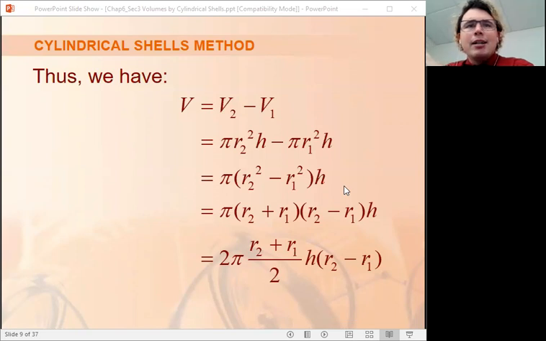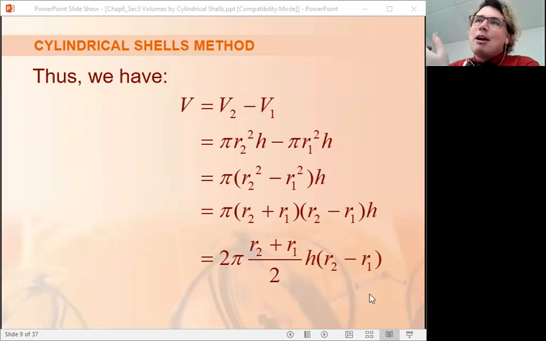So my volume here is going to simplify as pi times quantity R2 plus R1 times quantity R2 minus R1. We've used difference of squares formulas here, times the height h. And with a little bit more trickery, we're going to call this 2 times pi times (R2 plus R1) all over 2, times h times (R2 minus R1). There's a reason why we're writing it out this way,